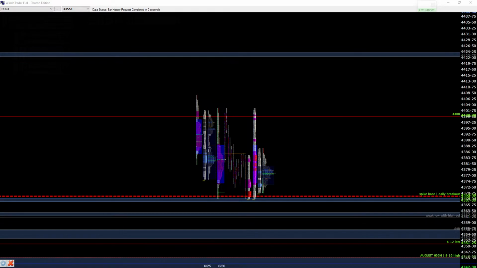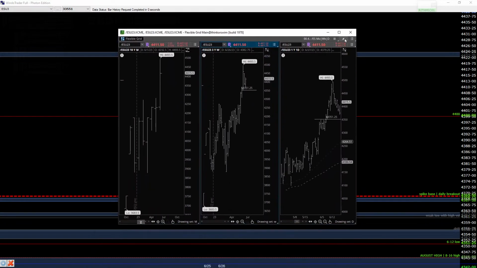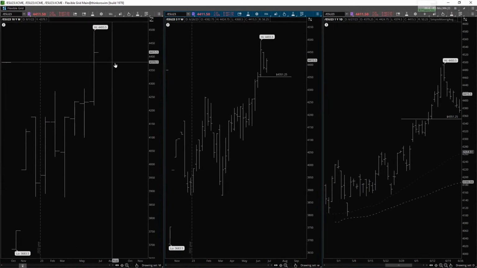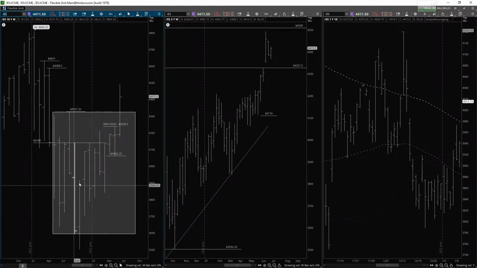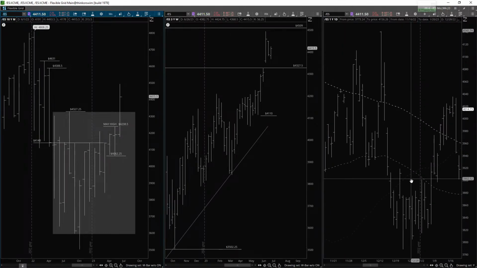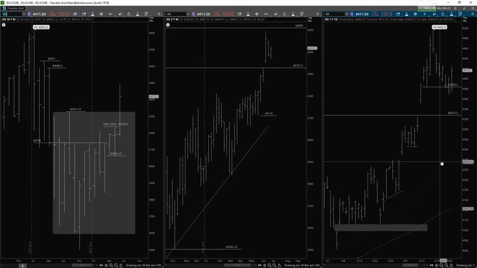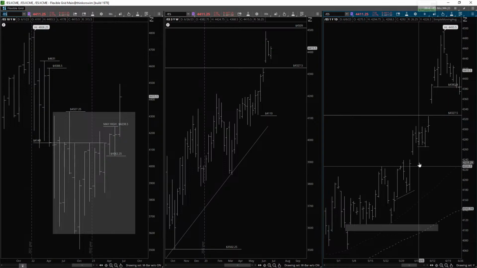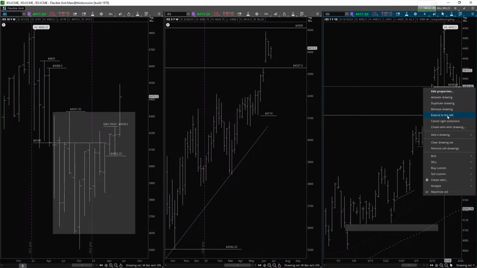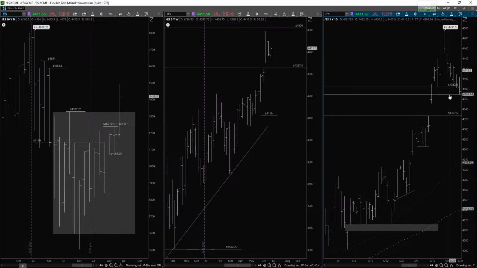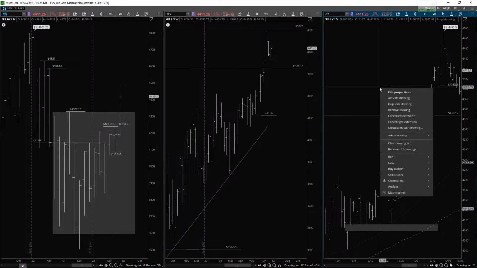And to understand what I did, I'm going to show you the charts as well. These are the monthly charts. Let's start with the adjusted contract here. This is the adjusted contract. I'm going to extend this to the left instead of to the right. Okay, my bad.